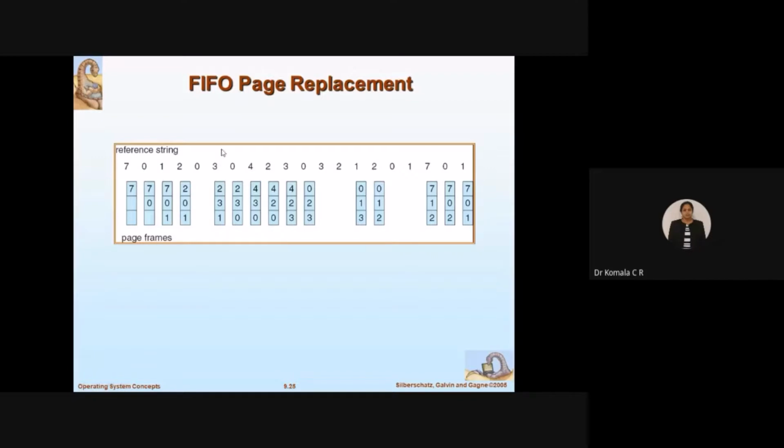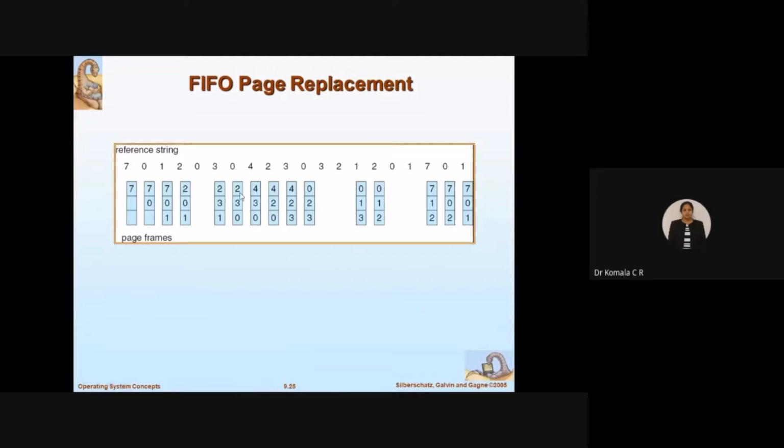Next, what is the next element I have? 0 I have. Is 0 here? No. See, in the previous step I replaced 0 with 3. Next, which frame do I have to go for? I have to go for the last one here. So in place of 1, I will fill 0. So copy the same here. 2 is the same, 3 is the same here. In place of 1, I will fill 0 now. What is the next element I have?